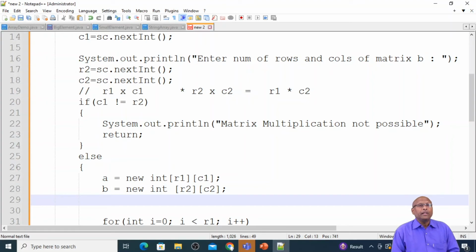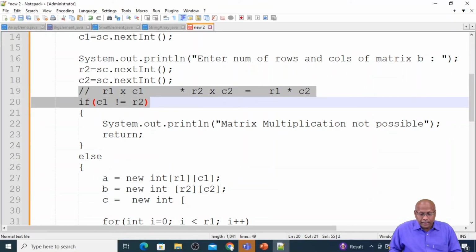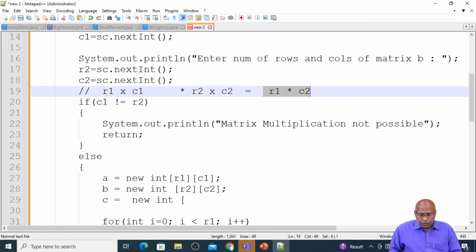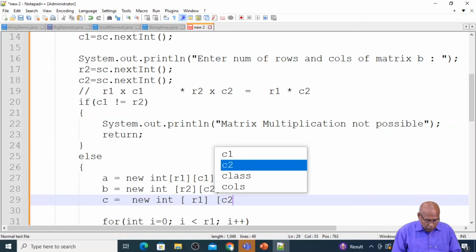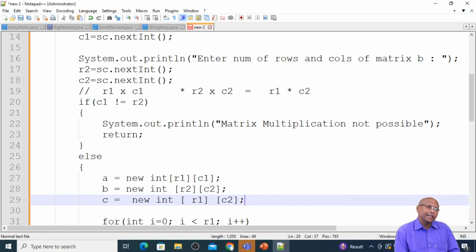So how to allocate memory for resultant matrix? C equal to new. Here you have to decide how many rows and how many columns of the resultant matrix. New int, because int is the data type. Here in square bracket, what I would write? That is the number of rows of resultant matrix. So already I have shown you this is the dimension of resultant matrix, R1, C2. So here I can write R1, that many rows, and how many columns? C2 columns. If you write these 3 statements, then the memory will be allocated for the 3 two-dimensional arrays